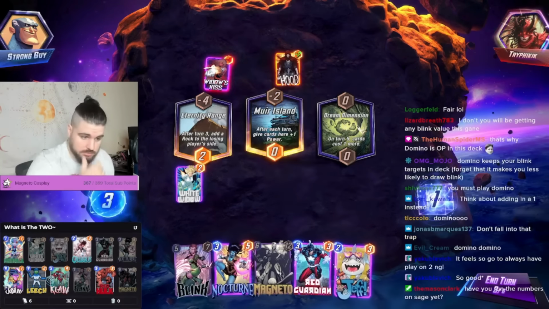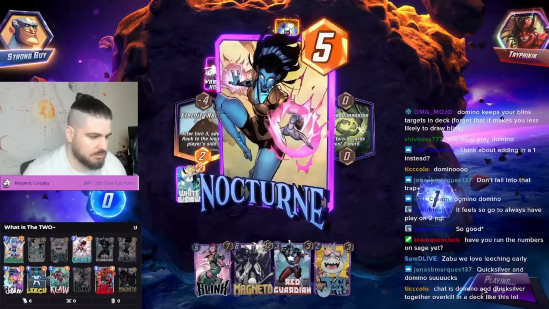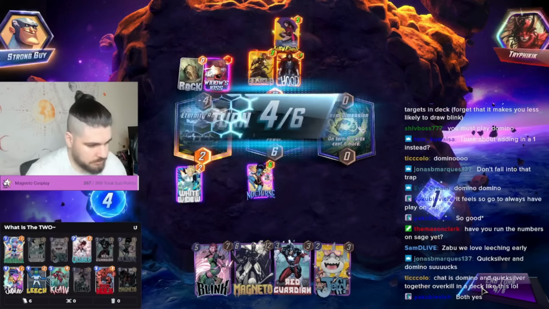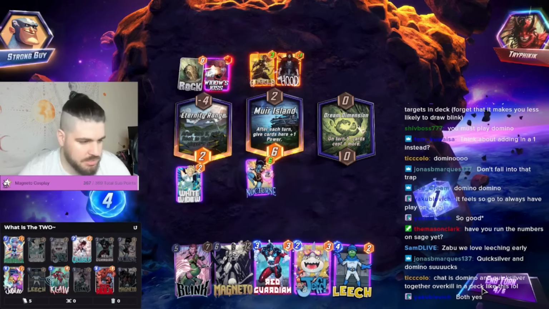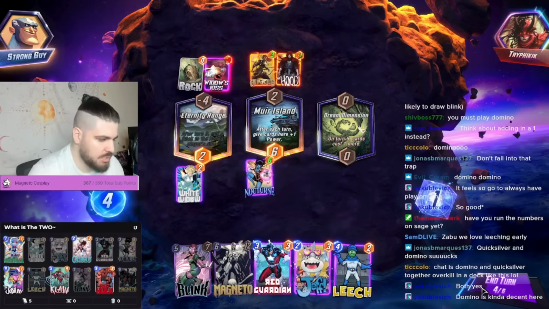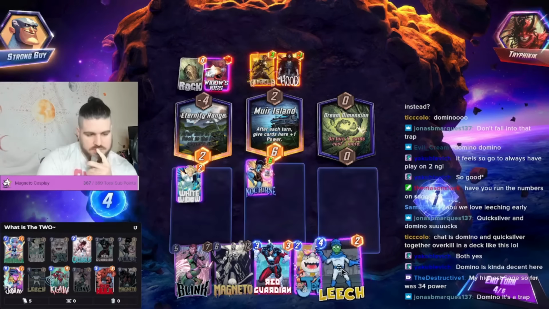That's bad. Have you run the numbers on Sage yet? No. I'll play her at some point. I'm sure, right? Here's the thing. I'm not sure that's bad enough for me that I do something about it. It might be worse for them. It might be worse for them than it is for me. The issue is...